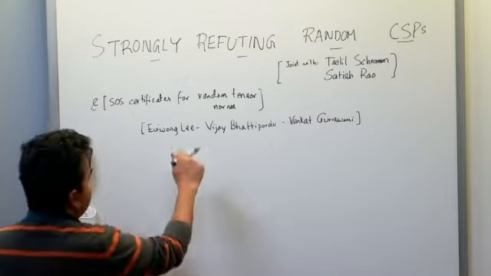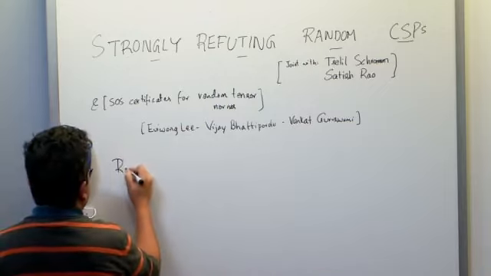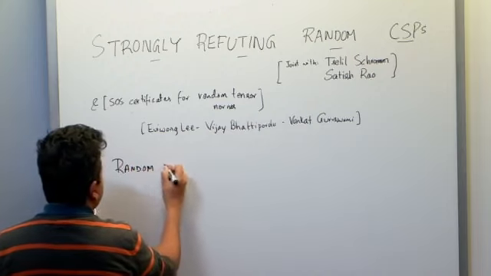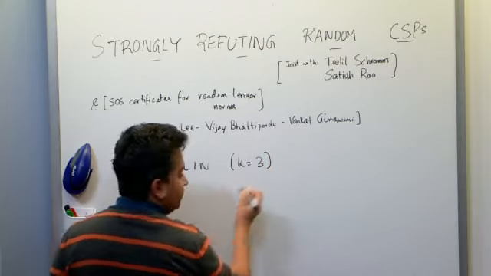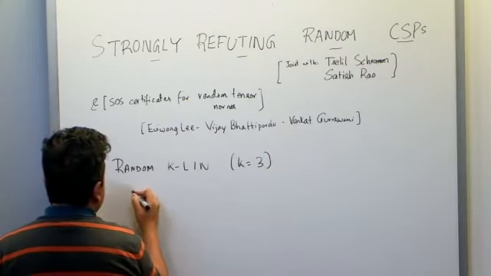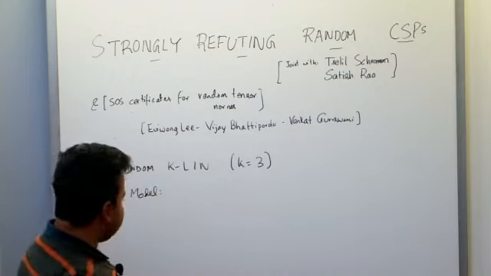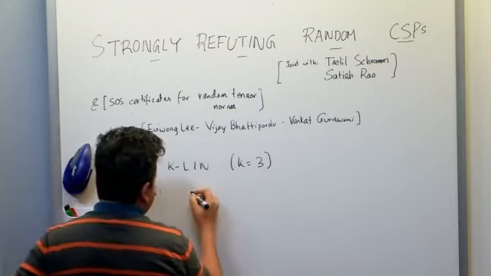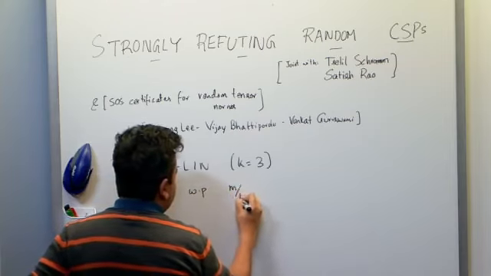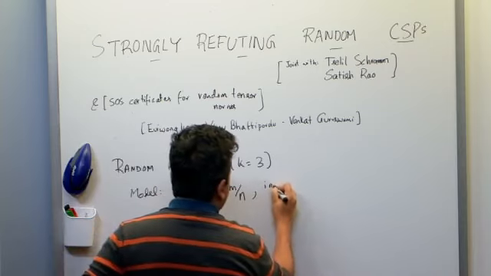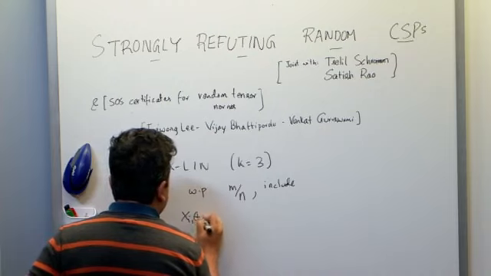Okay, so let me start by just fixing a CSP. Let's look at a very simple one: random k-LIN. Here I think of k as a constant, let's say k equal to 3. Here the model is, I just want to pick roughly m clauses, so with probability m over n, include an equation of the form